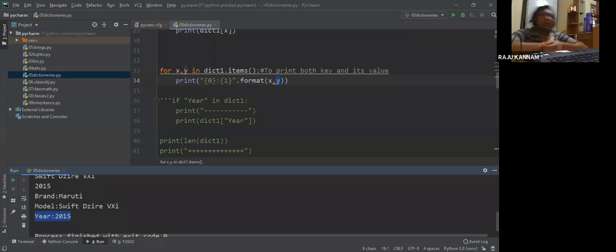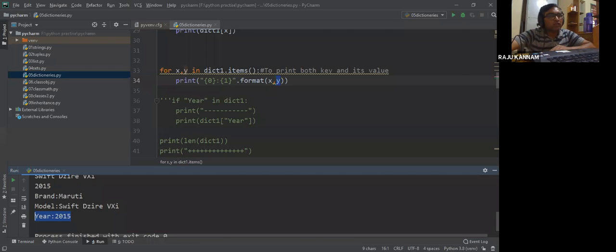So in this way, you can access an individual element. Whether you want the key, you can access it. If you want the value, you can access it. If you want both, you can access both. So for this, there are two functions in the dictionary: values will access the value of every element, and items will access both the key and value of every element.